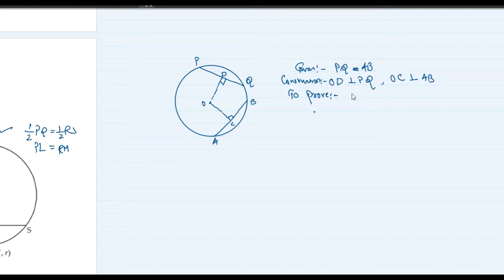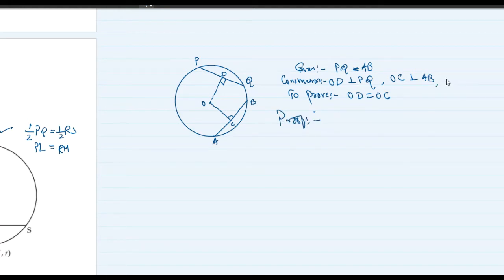We have to prove that OD is equal to OC, that is, the perpendicular distances of these equal chords from the center are equal. So we can prove,